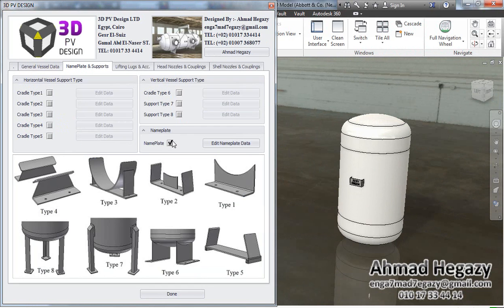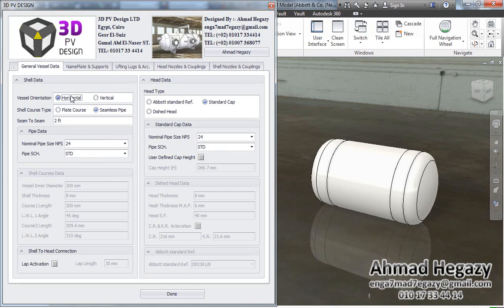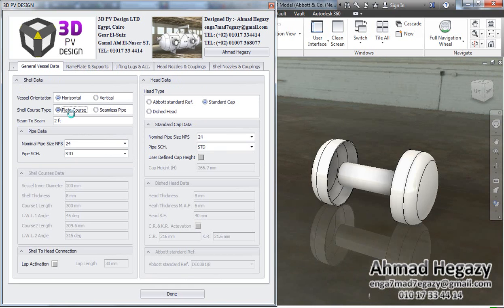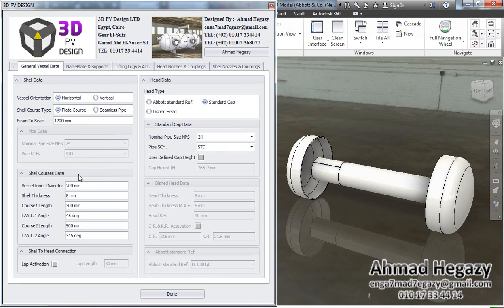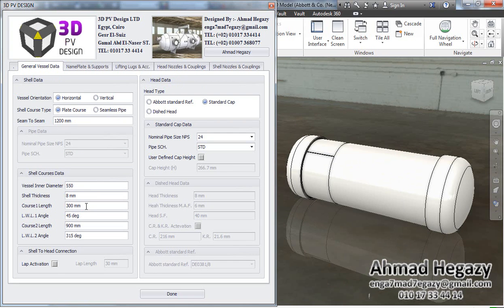Convert this vessel to be a horizontal pressure vessel. Now we will go back to the general vessel data, and we will change the type of the vessel to be a horizontal vessel, and we will change the type of the shell course to be a plate course instead of seamless pipe. After changing the seam to seam line and the inner diameter of the pressure vessel, and changing the course lengths for the first course and the second course,